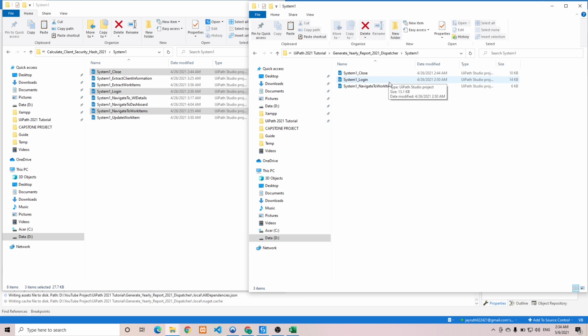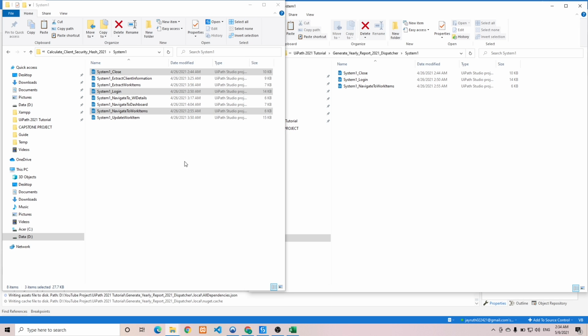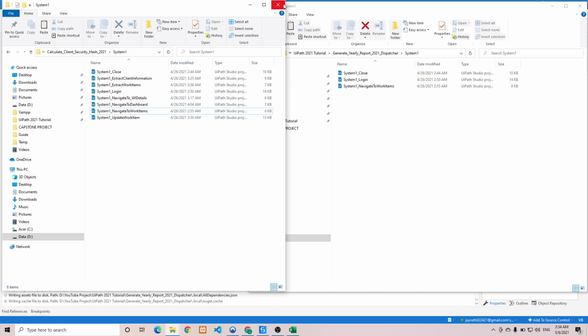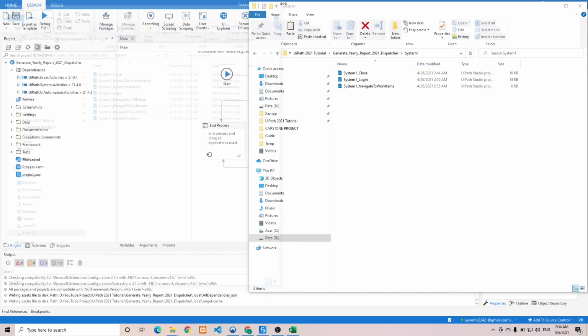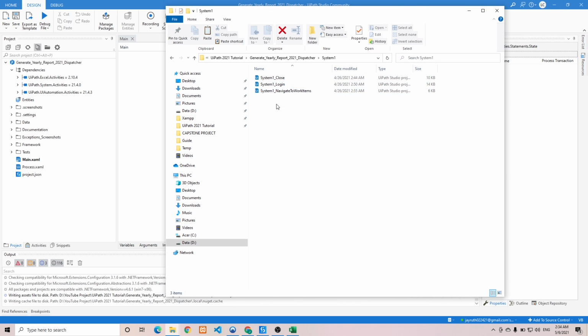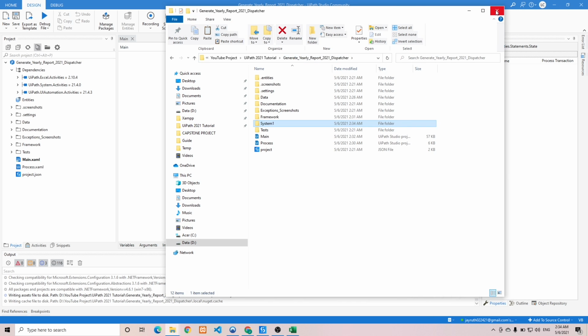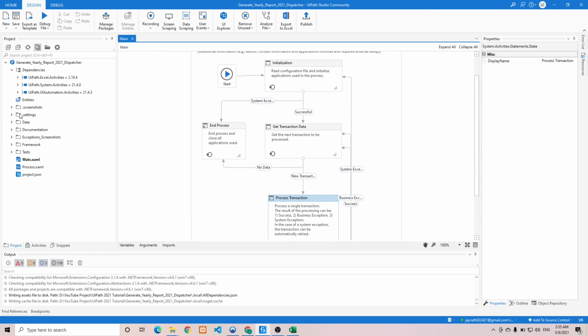There's another one on the guide if you are looking into it. There's another one, it's send email.xaml, but that's not a critical part of this project, so we will just skip that one. So once you are good, let's just close the calculate client security hash folder to avoid confusion. And now we have these three sequences under our system1 folder. So let's close this folder, and now in your project panel just hit the refresh button,